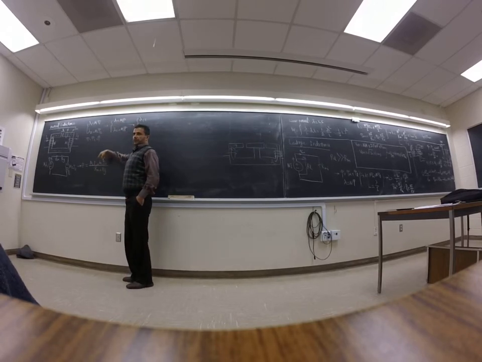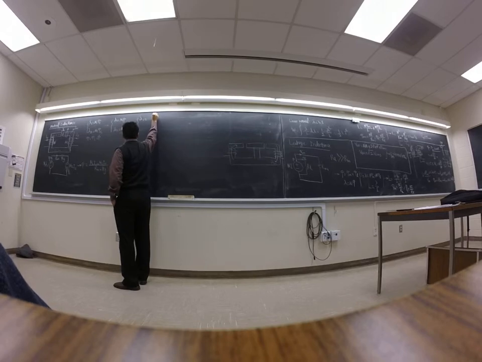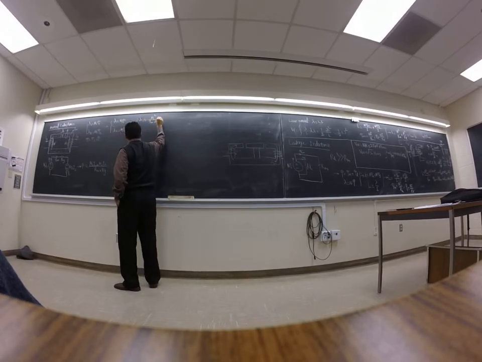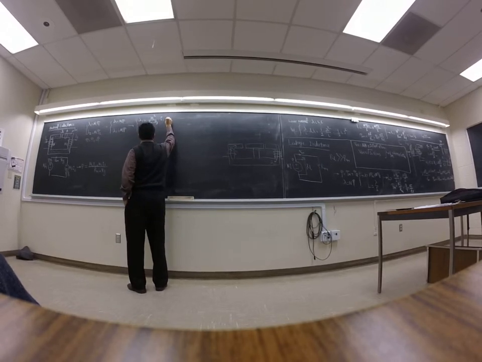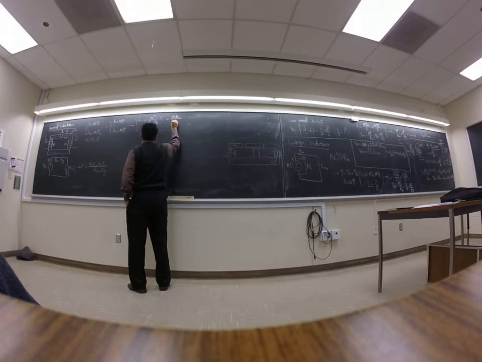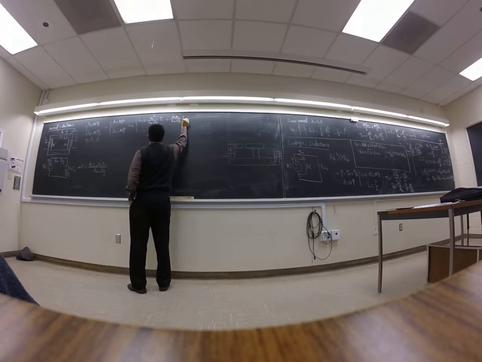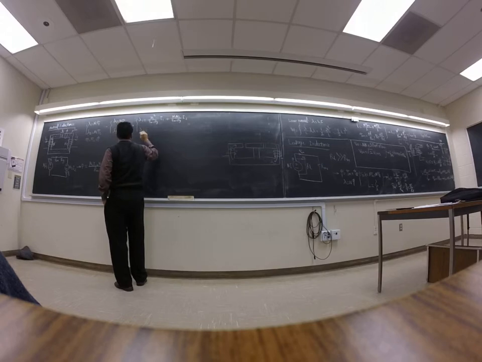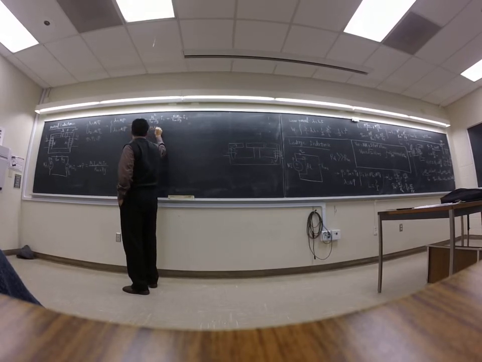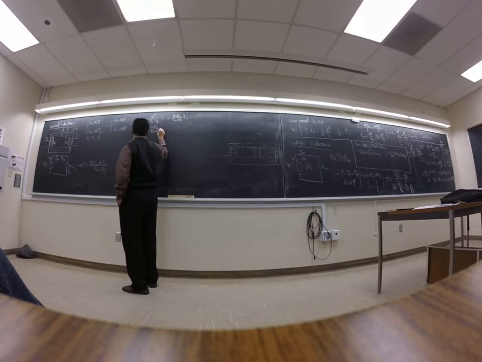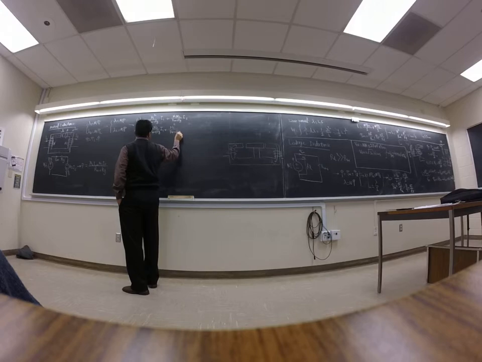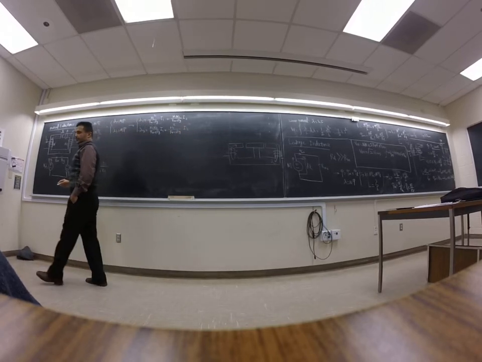Lambda 1 is N1 times this, so I'm going to do it this way: N1 squared over Rm plus Rg times I1, plus N1 N2 over Rm plus Rg times I2. Lambda 2 is equal to